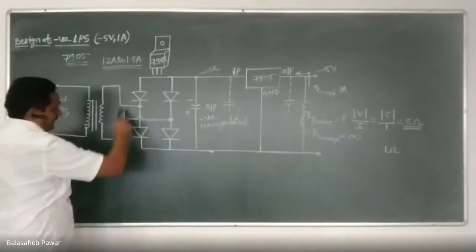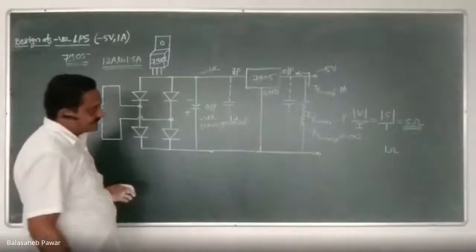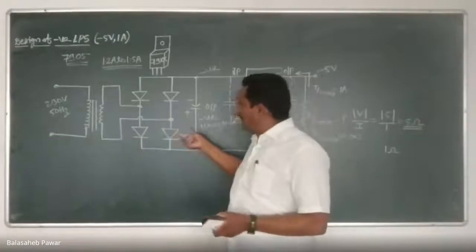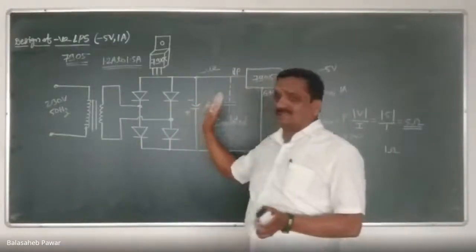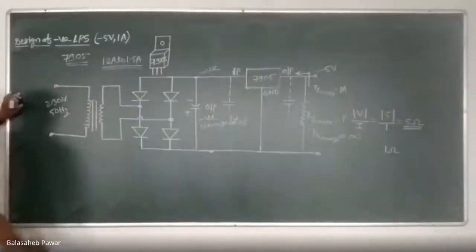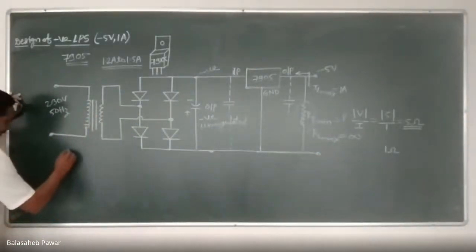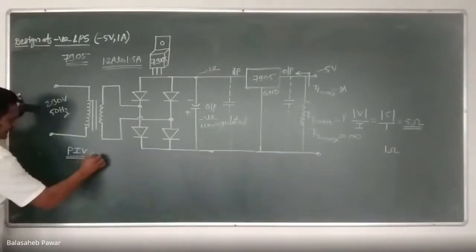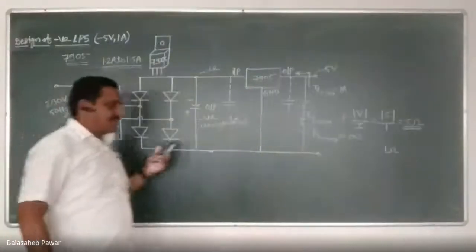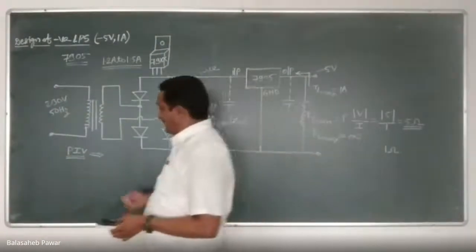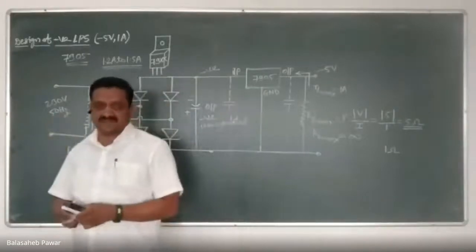Now about the diodes. I think that part was remaining, and whatever discussion we do here will be applicable for the 78 series as well as the 79 series, right? So the first thing that you have to remember while selecting a diode is what? Its reverse voltage handling capacity, and that is nothing but PIV. It is given in the data sheet. I think for the 1N4007, the reverse peak voltage handling capacity for that particular diode is given as 1000 volts. Okay.